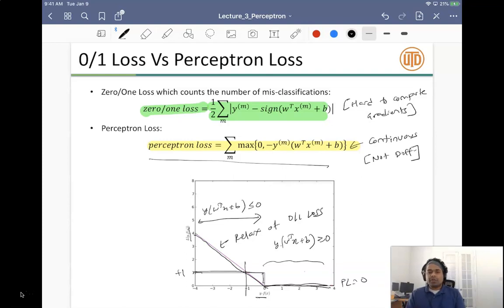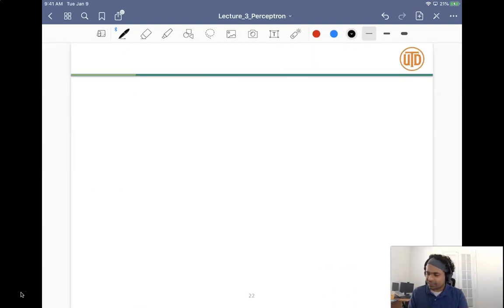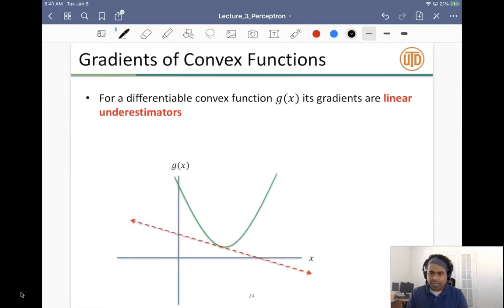So we saw that we need to look at a variant of the gradient descent algorithm to handle the non-differentiability of the perceptron loss. But the perceptron loss is continuous. That means we can potentially use a gradient-like algorithm, which is not the case with the 0-1 loss, because the 0-1 loss is not continuous. This is what I wanted to emphasize if it was not clear in the last part of this lecture.